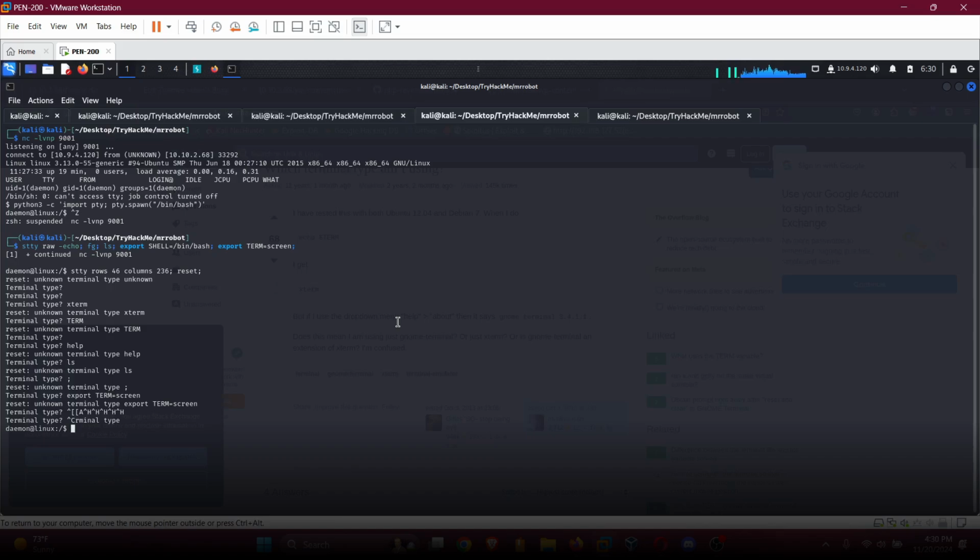Okay, yeah, let's redo the shell. Oh, okay. It's already here. So if this is not working, I can just do export TERM=xterm. This should work. Yeah, okay. So we're good now. And from here, we'll see where we can find